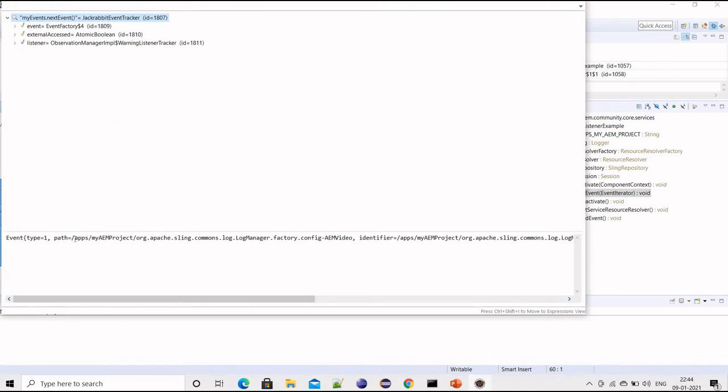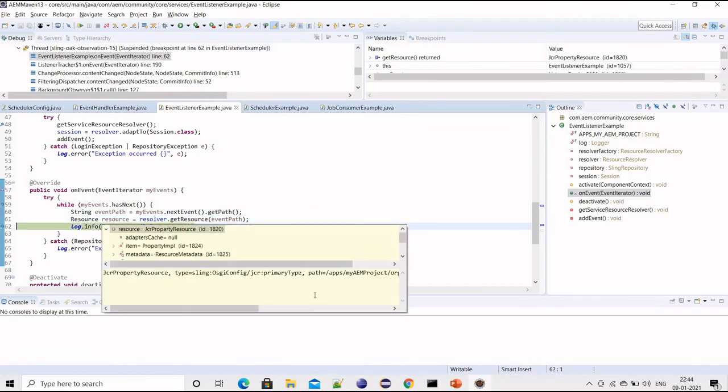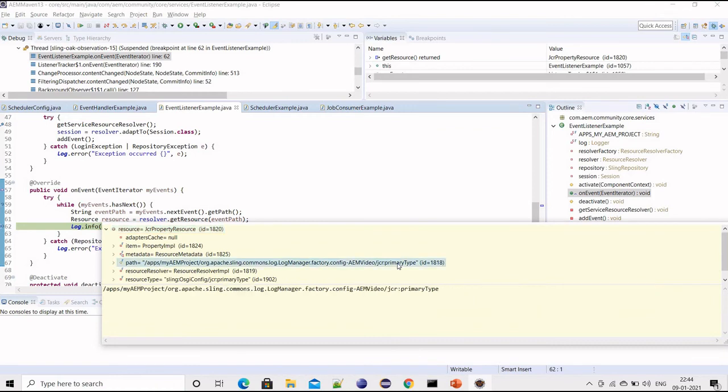For example, under apps AEM project, I have added this configuration. This is giving me all the information, so I have all the information with me now. What I'm doing is converting this to a resource, basically this part.